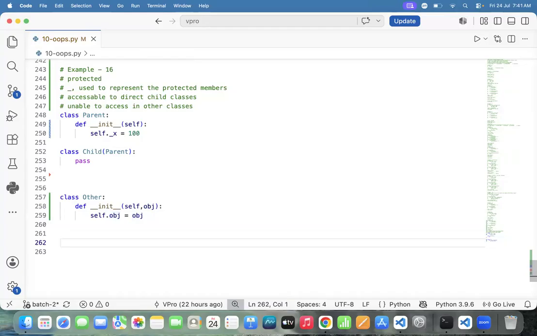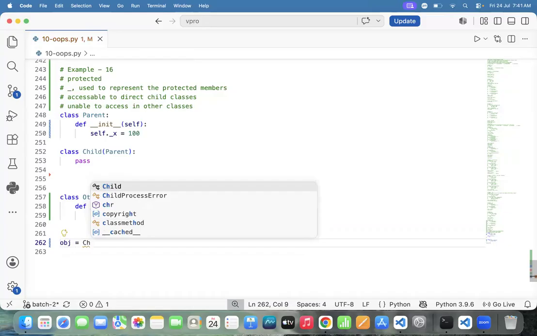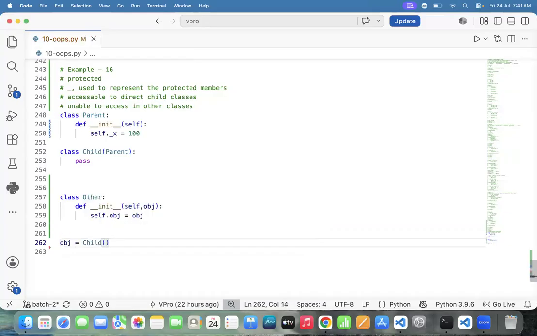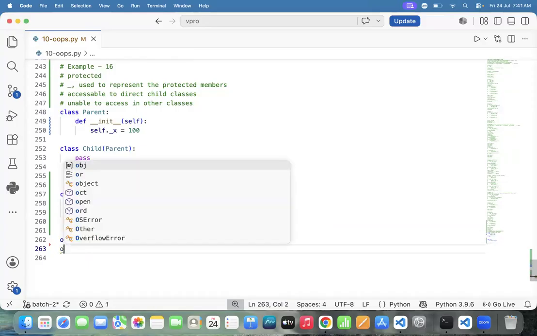How to create the object to the parent? How to create the object to the child? obj equal to child, or not? Child. Sameer, this obj you need to pass it here. Okay? How can you pass it here? obj1 equals